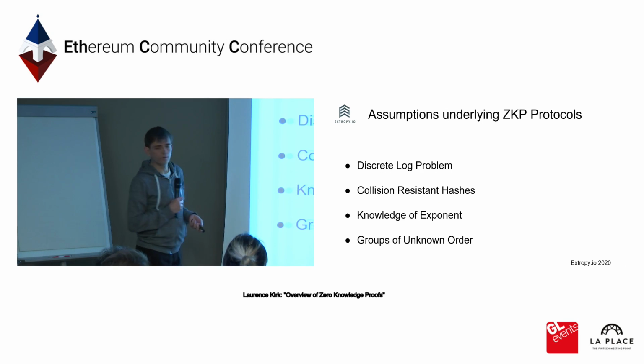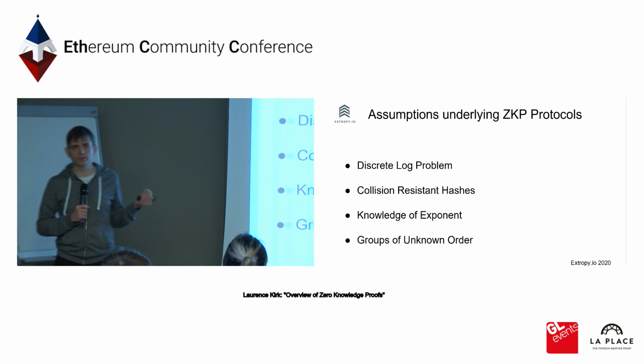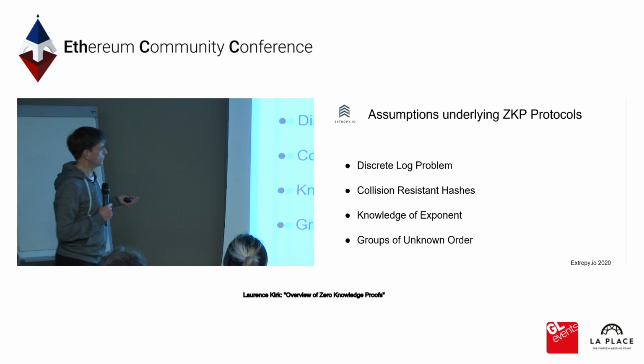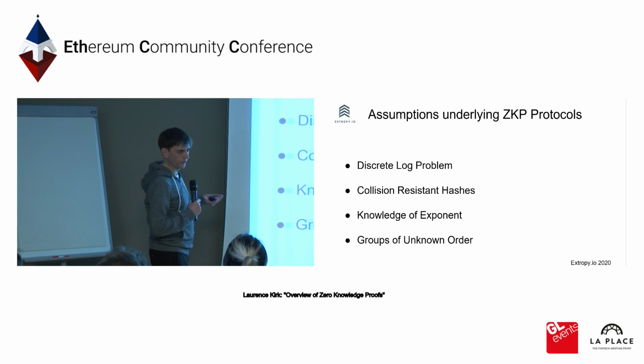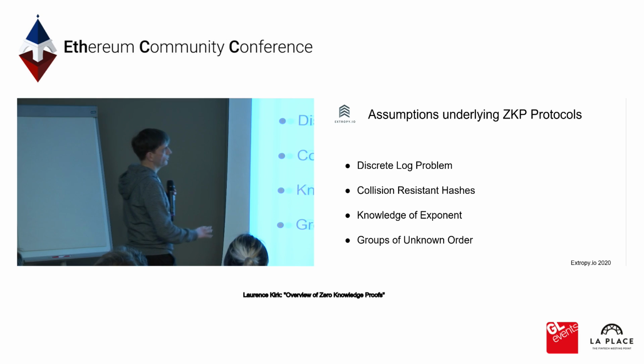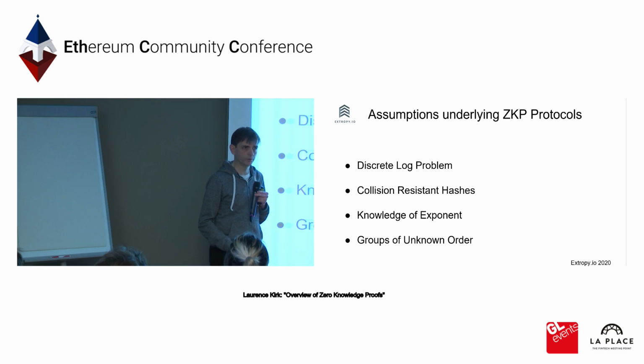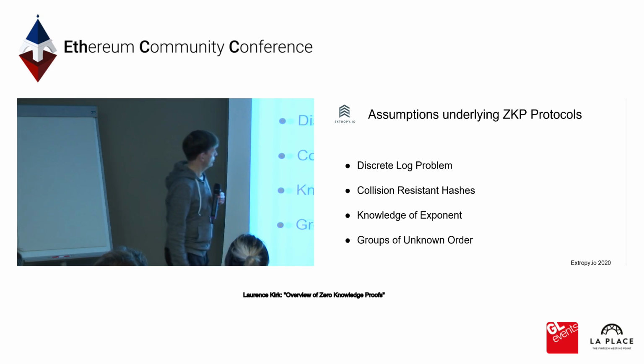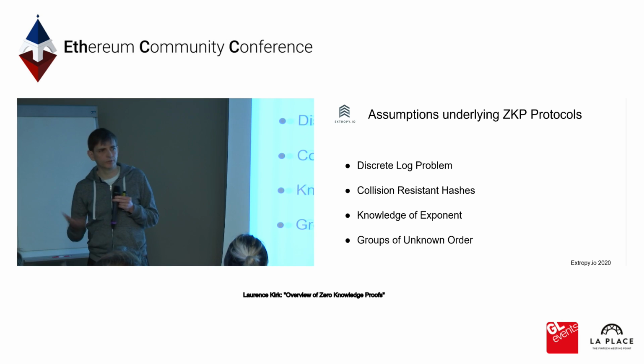Okay, so the examples I gave did not rely on cryptography in any way, but in the work we're probably doing, and for those of you who are involved in projects, I'm sure it's the same with you, you're going to use cryptography. And there are some cryptographic primitives and cryptographic ideas that really underlie a lot of the research that has been done in zero-knowledge proofs. Some of them are very straightforward, and they are things that are also used very much in blockchain as well. So the discrete log problem and collision-resistant hashes, these are very well known. I'm sure you all know about these.